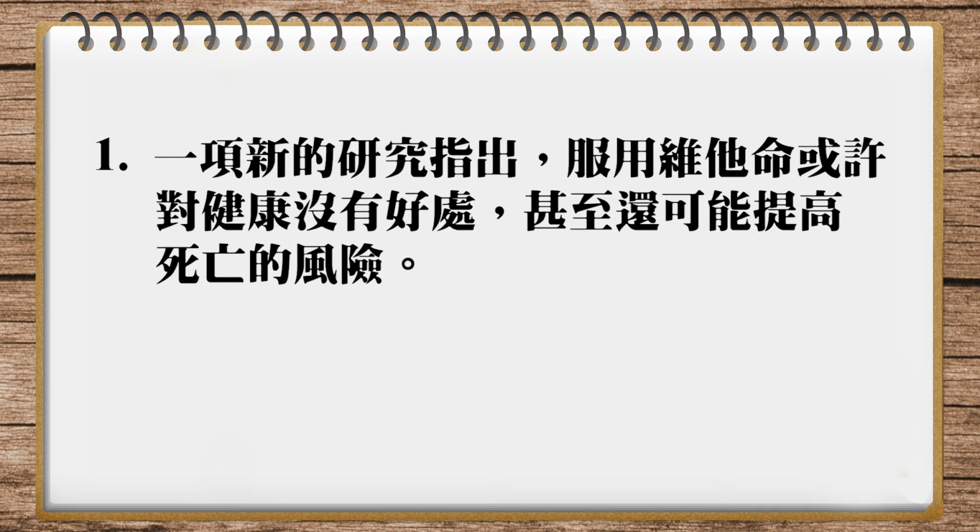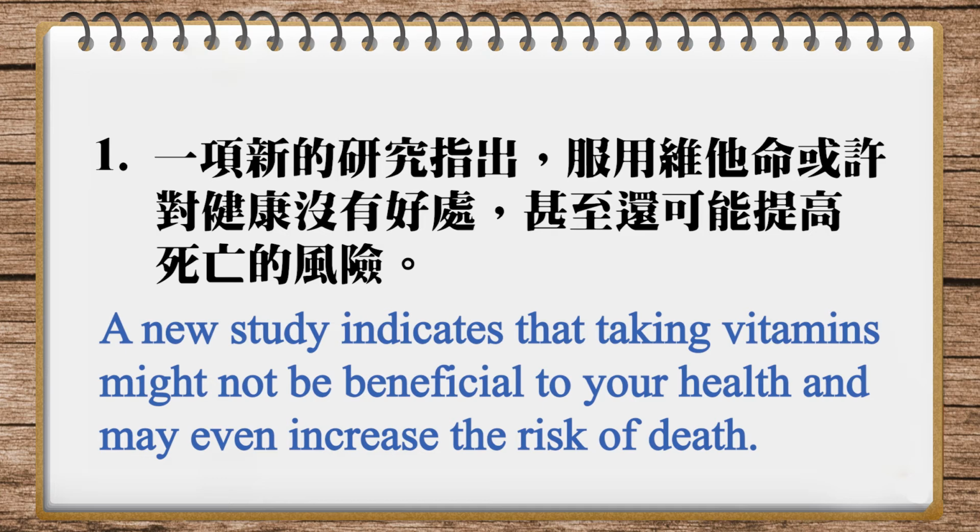好，那 Karen 老师他这个地方甚至可能这个甚至呢，他是用一个 in fact even 啊，这 in fact 这个片语跟 even 这个字把这个语气提高出来，产生了一个对比哈 in fact 加进去，那加一个 even 啊，这样大概差不多可以把中文那个甚至可能那个意思翻出来了。 Let's look at the translation in our magazine. A new study indicates that taking vitamins might not be beneficial to your health and may even increase the risk of death. That's a pretty good translation. 好，那各位发现到这个它对健康无益，它是用 might not be beneficial to your health。然后后面呢，它没有加 in fact，但它用了 even 这个字 may even increase the risk of death 也是有把那个甚至可能的意思多多少少翻出来了。